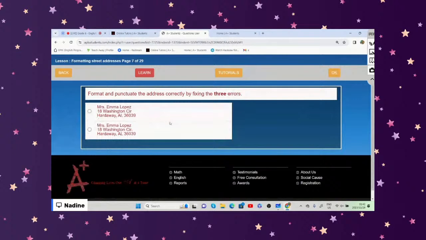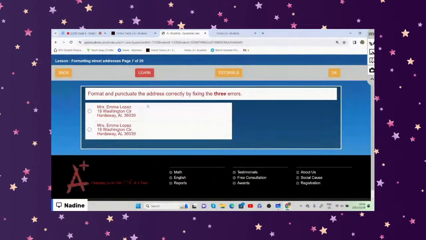Option 2, right? So this is basically repeating formatting street addresses, right? But remember, if you are in correspondence with someone else, you need to start firstly with the recipient's name as well as surname. And if we look at the first option, it is addressed to Mrs. Ella Lopez,